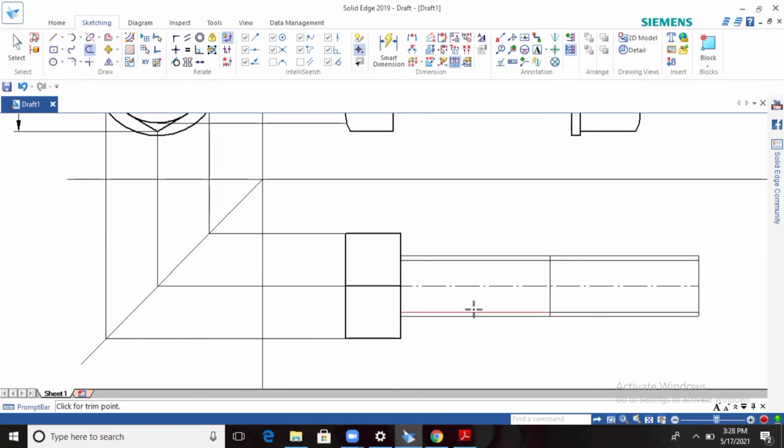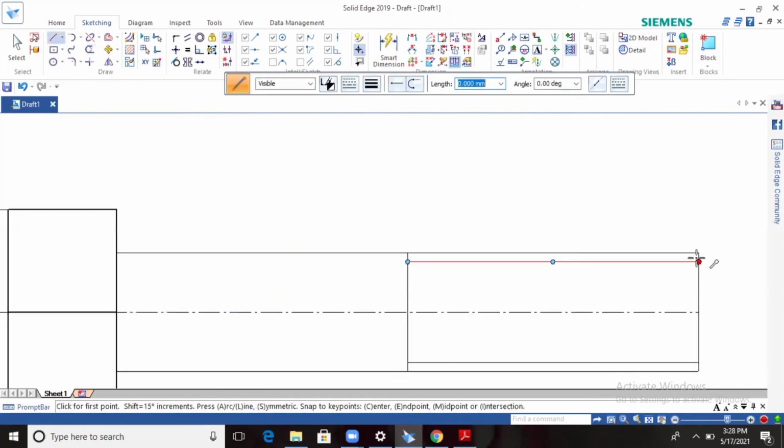Go for the trim command, trim it. Choose the line command. So 90 plus 45 is 135 angle. Press Tab and do it 135.